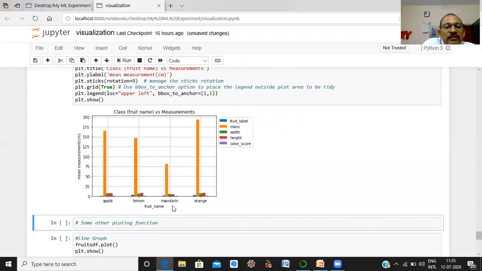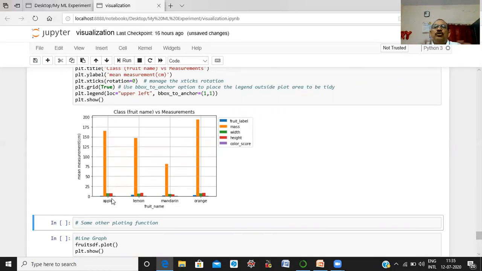Here you can see there are four types of fruit: apple, lemon, mandarin, and orange. And these are the bars for each fruit type.